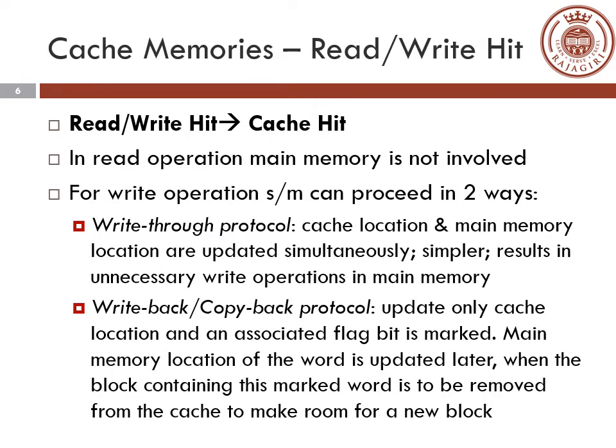Now if the processor is going to read or write something from the main memory, and that address data is present in the cache memory, whether you're going to read or write, it is known as a cache hit. So it will be a read hit or write hit based on whether you're going to read or write. And if that data is not present in the cache, that is known as a cache miss. It will be a read miss or write miss. Now we'll see these concepts in detail.